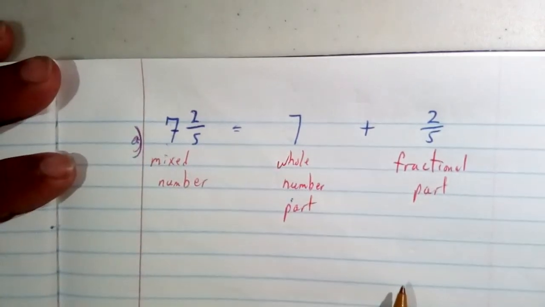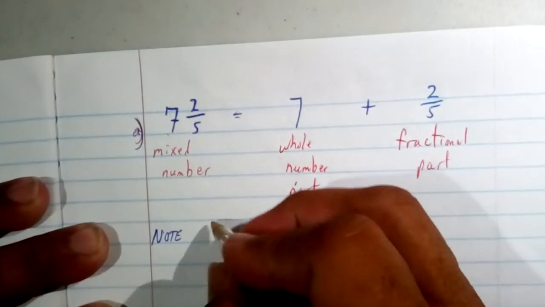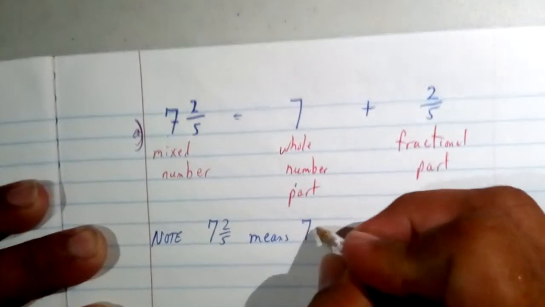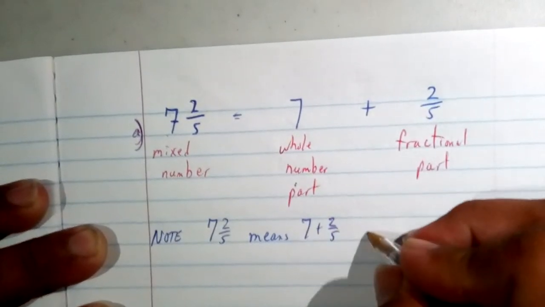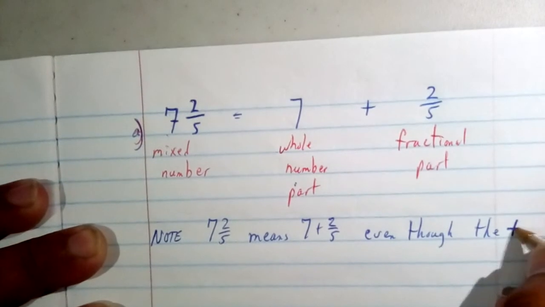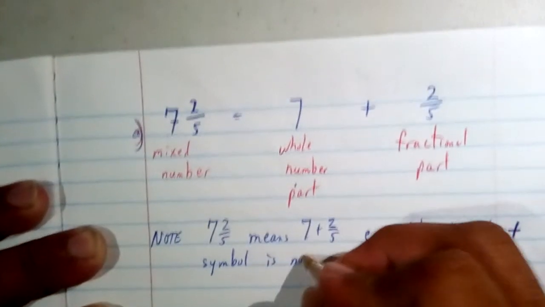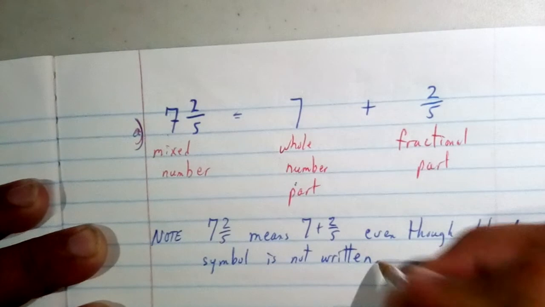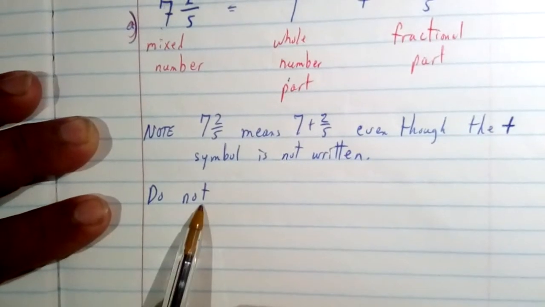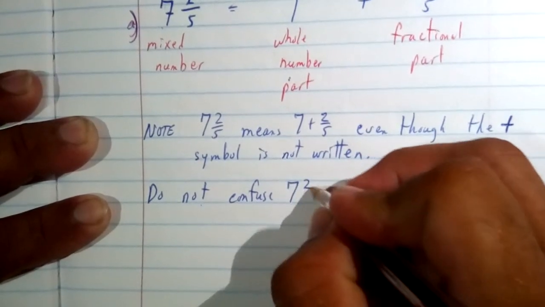Now note carefully, and I must warn you, note that 7 and 2/5 means 7 plus 2/5, even though the plus sign, this plus symbol here, is not written. Do not, okay, do not confuse 7 and 2/5